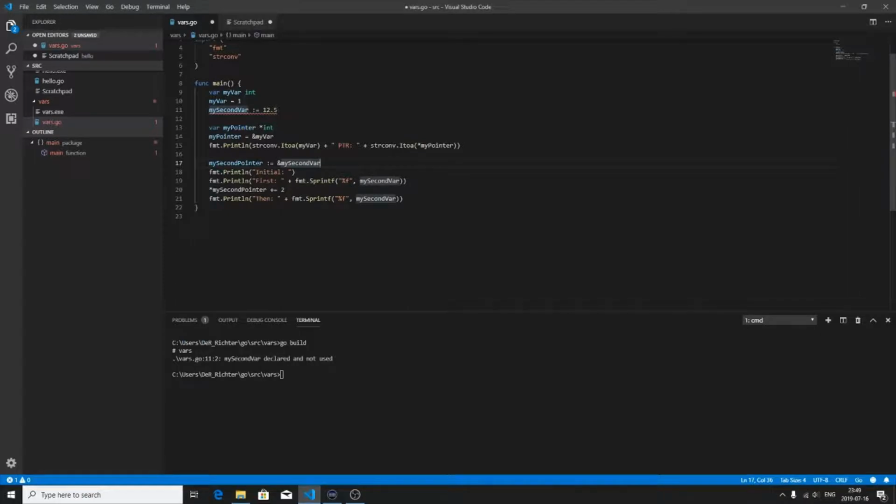So it works, the colon equals works with sending an address of something as well, and then it automatically creates a pointer, right? So now we can show that we can use this pointer to increment the value of what is pointed at. So here you see that we print what it is first, and then we use plus equals. This is also like C, this is allowed. You can do plus equals and so on, minus equals,